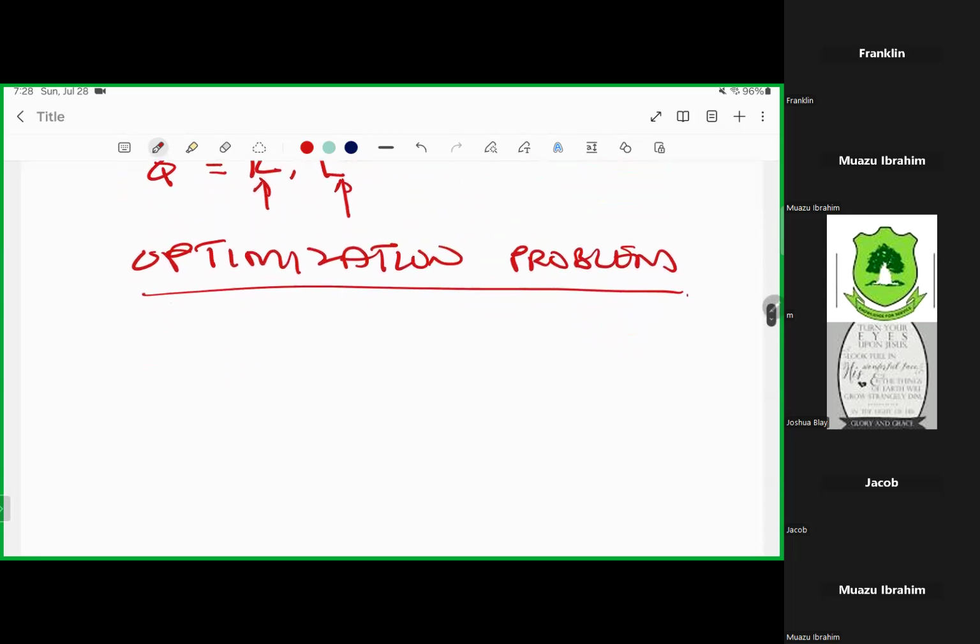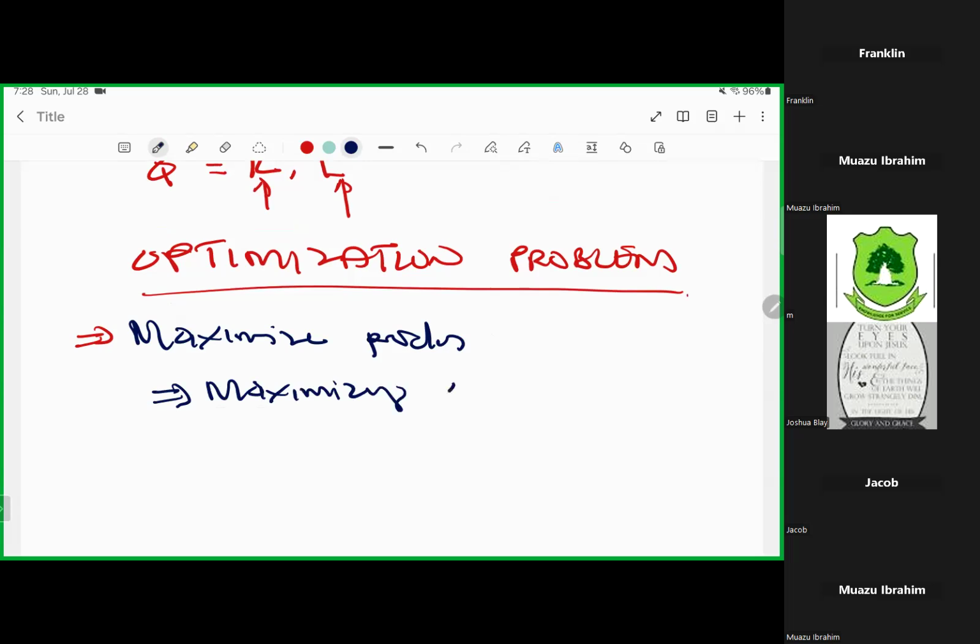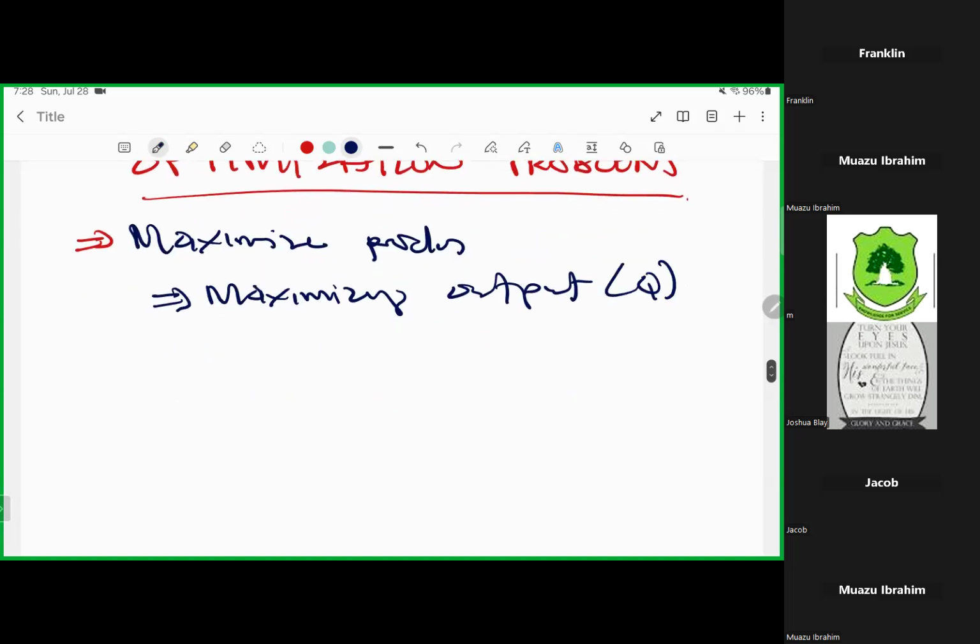Now, under optimization problems, the first aim of a firm is to do what? A firm's major aim is to maximize production. And by maximizing production, we are talking about maximizing output. A firm's sole aim is to make sure they maximize Q, which is output. But you can only maximize output when you combine